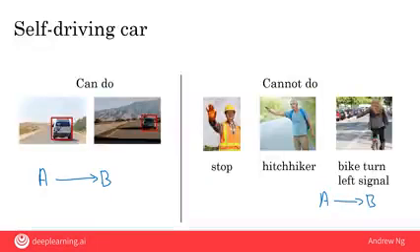Part of the problem is that the number of ways people gesture at you is very, very large. Imagine all the hand gestures someone could conceivably use to ask you to slow down or go or stop. The number of ways that people could gesture at you is just very, very large. And so it's difficult to collect enough data from thousands or tens of thousands of different people gesturing at you in all of these different ways to capture the richness of human gestures. So learning from a video to what this person wants is actually a somewhat complicated concept. In fact, even people have a hard time figuring out sometimes what someone waving at your car wants.